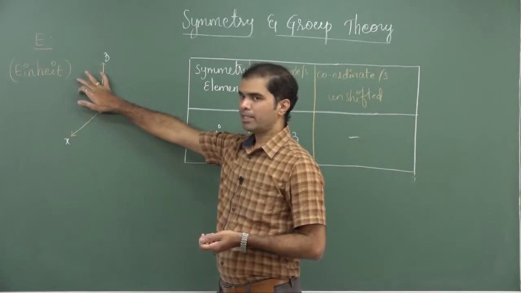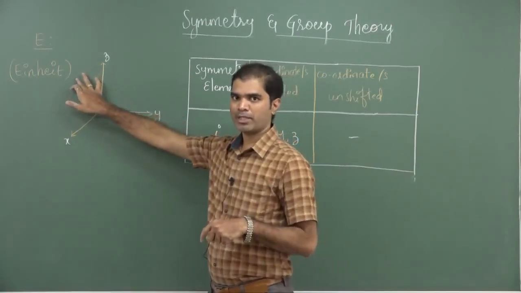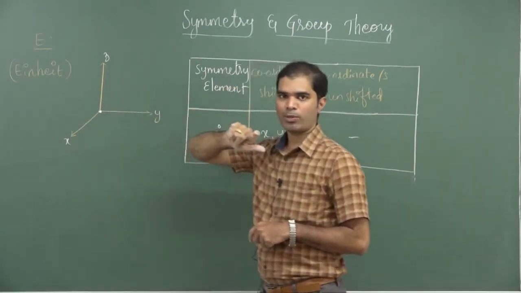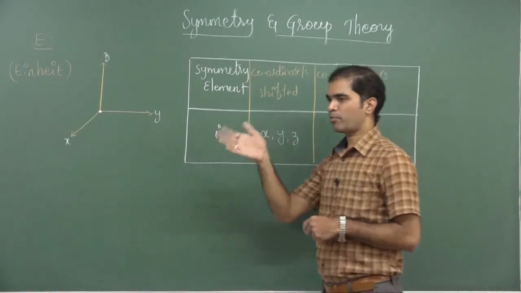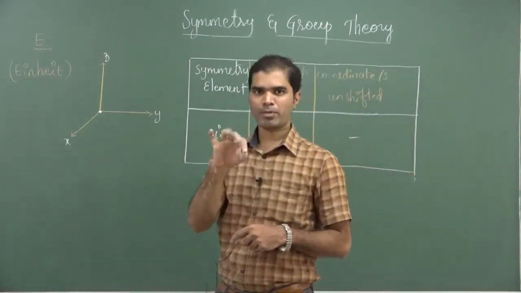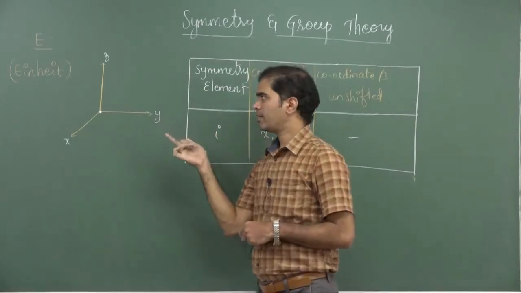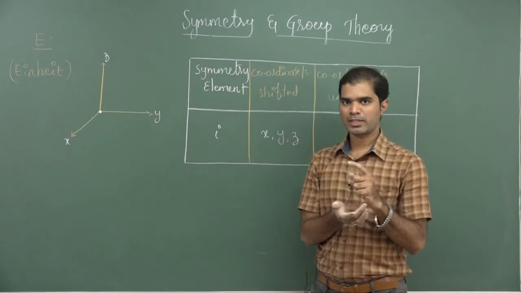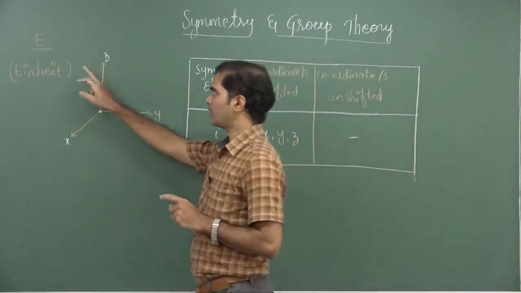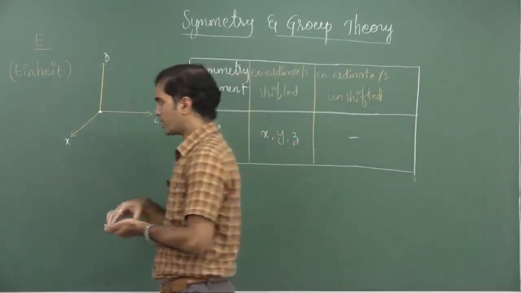What is an identity operation? This is an element, and what is the operation that we are performing? For an axis, the operation is rotation. For a plane, the operation is reflection. For a point, the operation is inversion. For Sn, the operation is rotating followed by a perpendicular reflection, and for the identity element the operation is nothing,